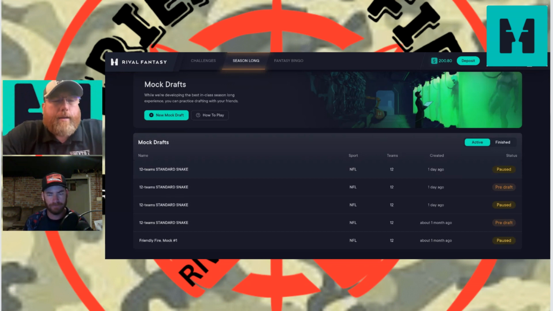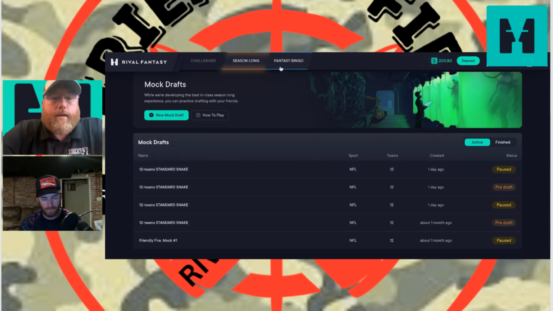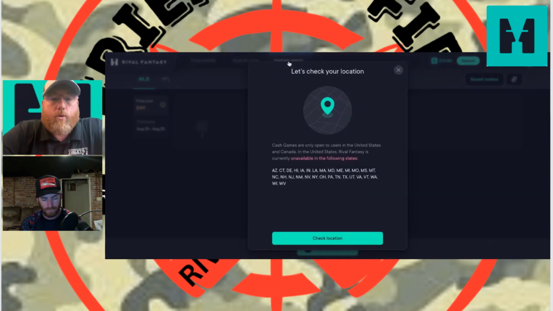They still haven't quite been able to fix or work on that ADP issue. Whenever you try to draft a superflex league or a 2 quarterback league, it's still an issue because the quarterbacks are still getting taken later, like they would if it was a 1 quarterback league. But again, it's just part of them tweaking and fixing it. So they're going to get that fixed, I'm sure. So mock drafts, if you're in a 1 quarterback league, this is actually a really easy, friendly way of doing them. And then of course the bingo cards,